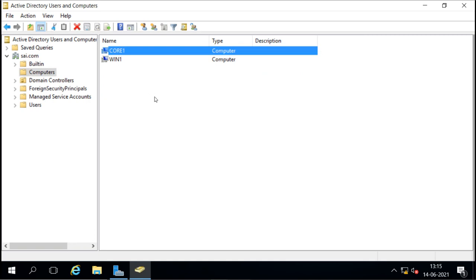So this server is also a member of this domain, and this is not a client operating system, it's a server operating system. So it is what? It is a member server, we can say. And this is also connected to our domain.